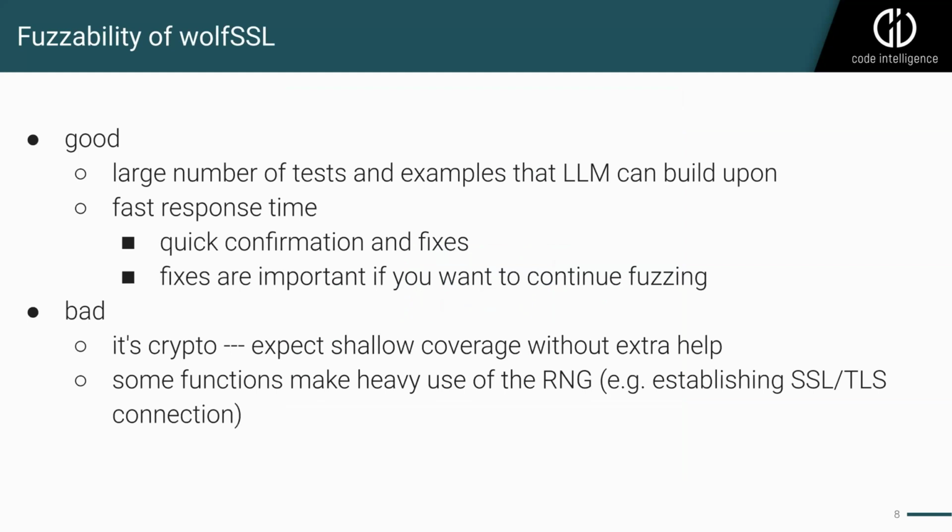And maybe a few words about fuzzability of wolfSSL. So the good part about wolfSSL in terms of fuzzing is that it has a large number of examples and tests, and the LLMs or our solution can use that and build very nice fuzz tests. The other good part about wolfSSL is they have super fast response time. As soon as you find something, they quite quickly confirm and fix the issue